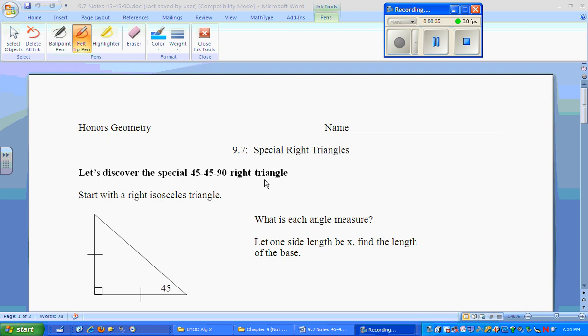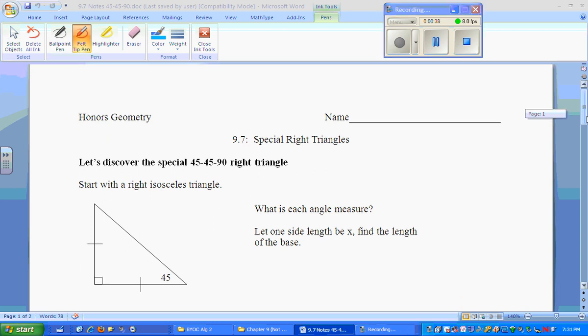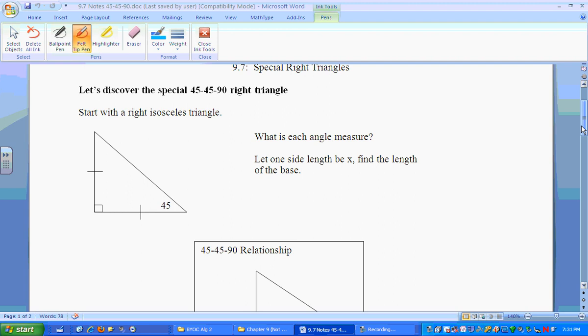So let's discover a special 45, 45, 90 right triangle. Well, looking at this, 45, 45, 90 has to be an isosceles right triangle. So if it's isosceles right, that means it's a 45, 45, 90. So if we let one of the sides be x, the other side has to be x, we can figure out the missing side by using our friend Pythagorean theorem